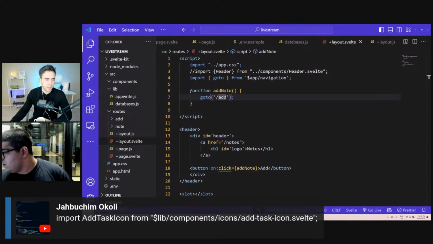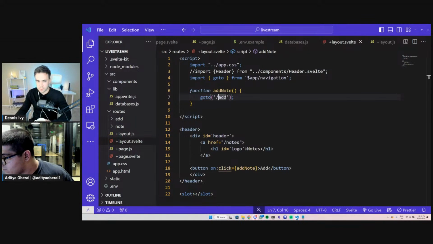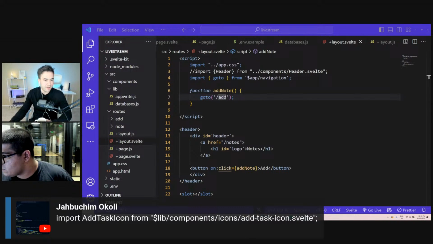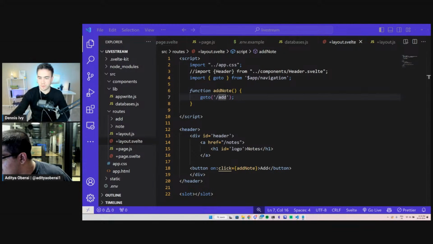Okay, I'm just looking at the message. I'm not sure. Did you add task icon? I'm not sure if that's relevant. I don't believe I have add task icon there, but